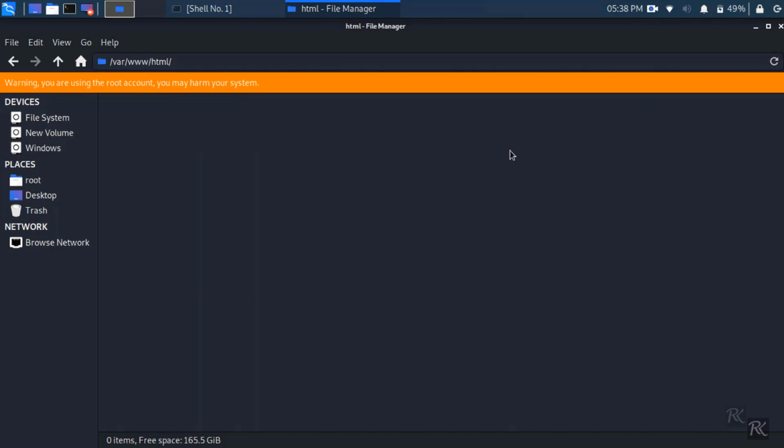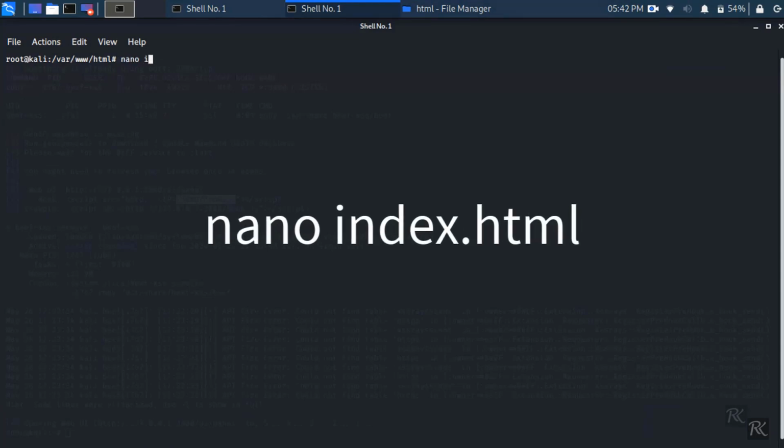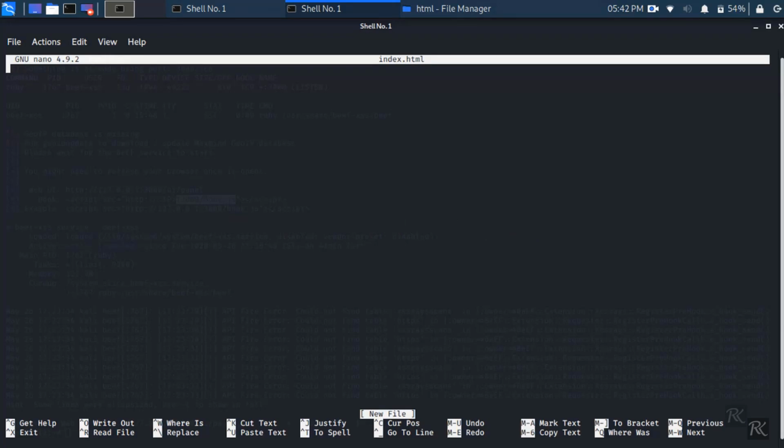Now I will open one terminal here, and we will give the command nano index.html to create this file, and enter some text inside this index file.